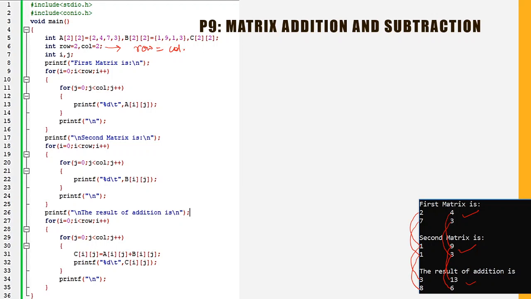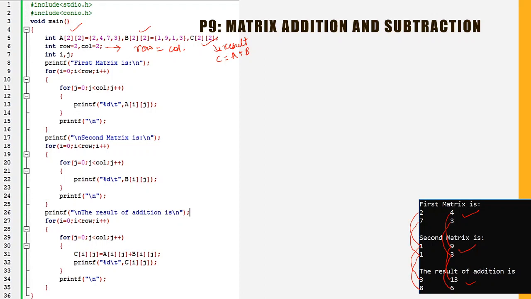I have not given the condition here due to lack of space, but you can check the condition whether addition and subtraction is possible or not in the given matrices. The rows and columns given are to be equal to each other, right? We have taken some matrices, that is A, B, and C here. A is your matrix number 1, B is your matrix number 2, and C is the matrix number 3, and this would also be our resultant matrix. What we require mathematically is C equals A plus B.